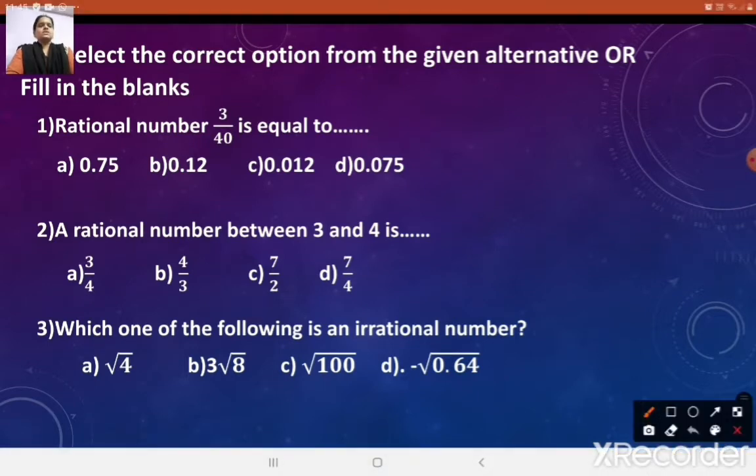See which one is a rational number, so that you will get the other one, the remaining one, as an irrational number. Now how will you find it? Now you can see root 4. What is the value of root 4? Square root of 4 is 2. What is the square root of 100? Square root of 100 is 10. Is root 8 a perfect square number? No. Then